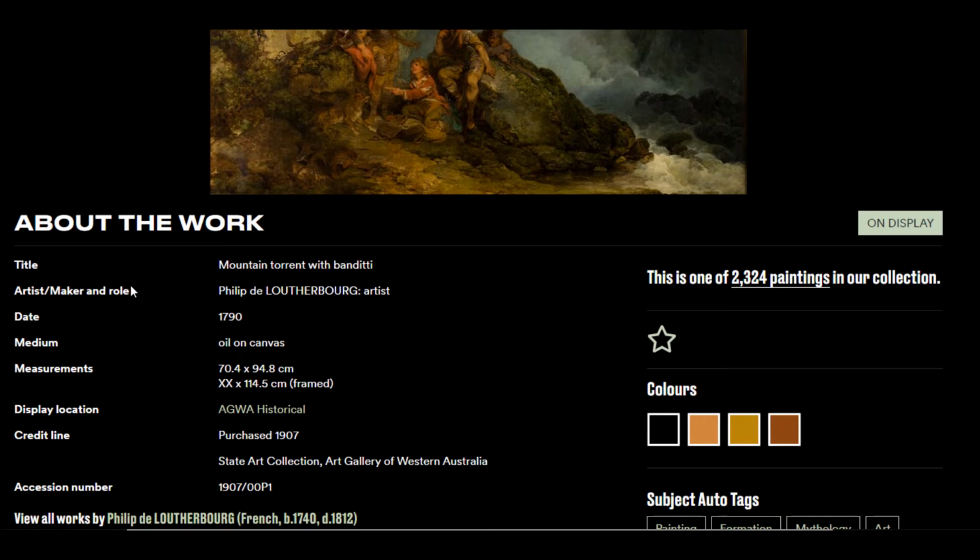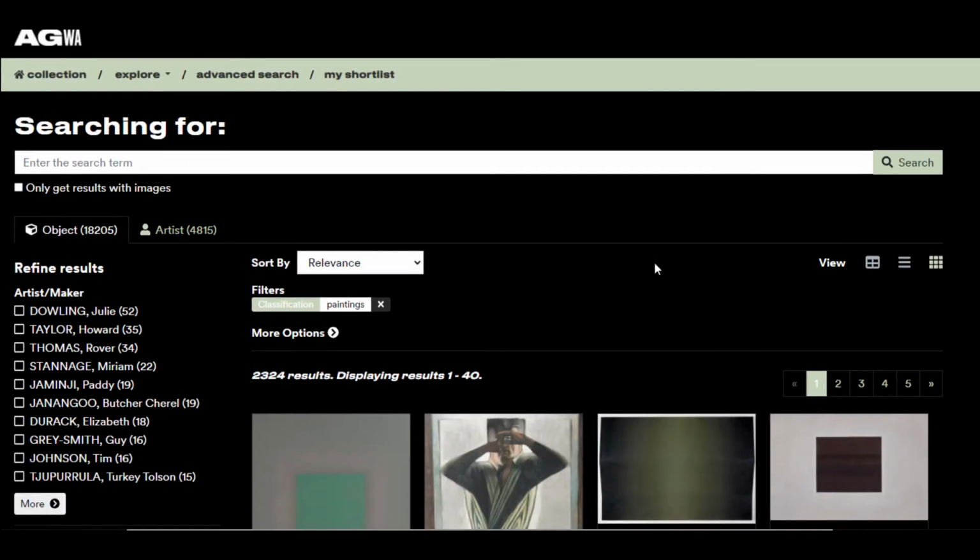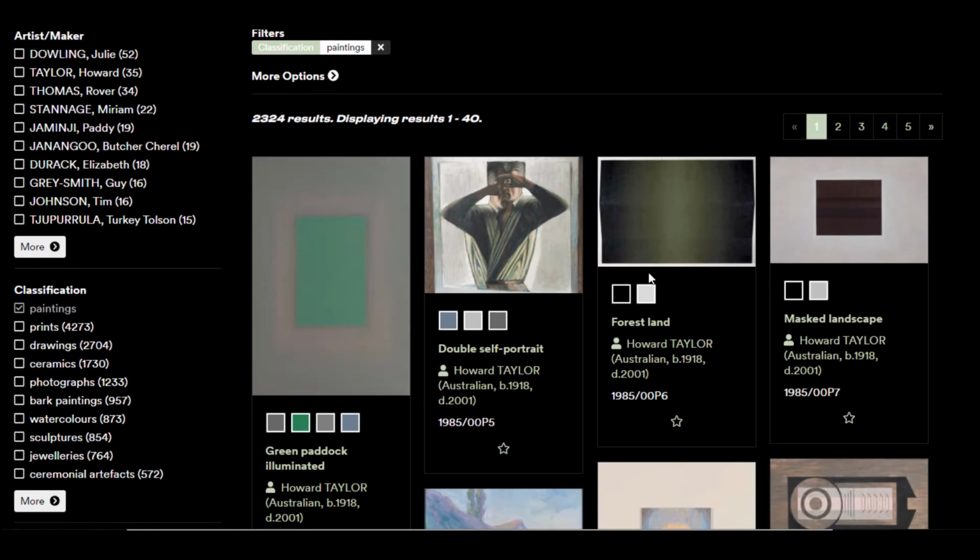In their case, they didn't always have detailed descriptions of the item, so we also generate a description of the artwork based on the object type and provide that as a way of jumping to the related items in the collection. So when viewing this one painting, I can immediately see that there's over 2,000 other paintings in the collection, and I could jump to those.